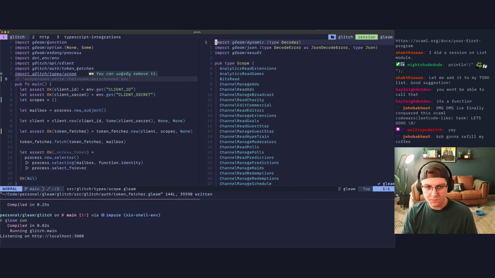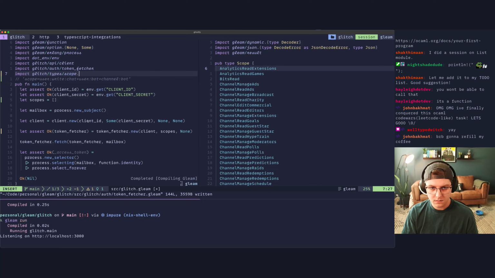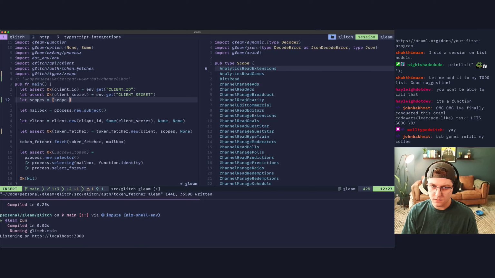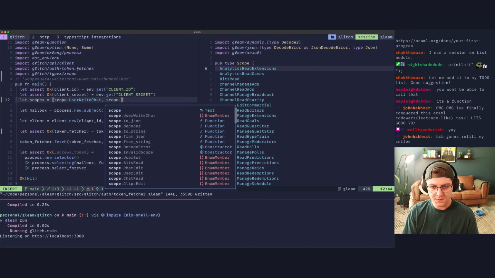And in our scopes, we want to import, can I not reference that using dot notation? Scope dot like user, oh yeah, I can. Okay, user write chat,